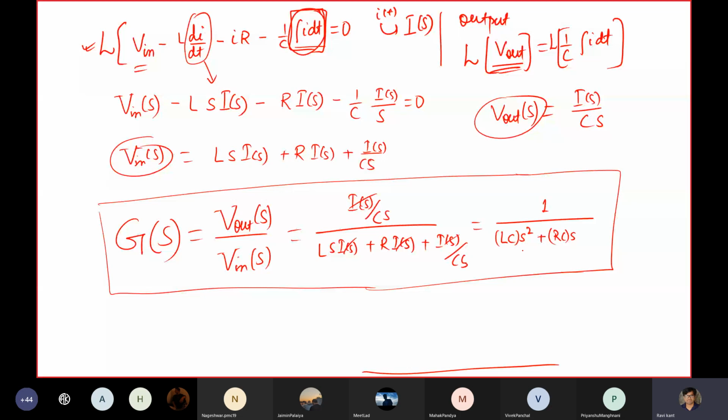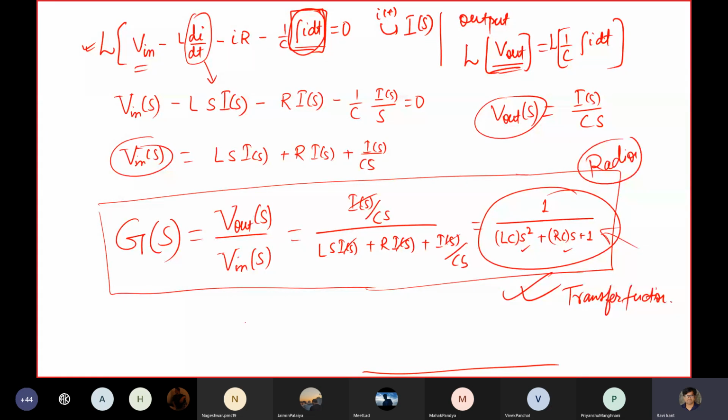Now, while designing my radio, I don't want any circuits. I just can play around with this, and I can do my design of a new radio just by tweaking L and C from here, and I can have the responses. When I'm tweaking my capacitance from 1 microfarad to 2 microfarad, how my radio responds, or maybe I have better voice that is coming out of the radio or not. I can do all sorts of things. It's just a context. You can take any sort of electrical circuit.